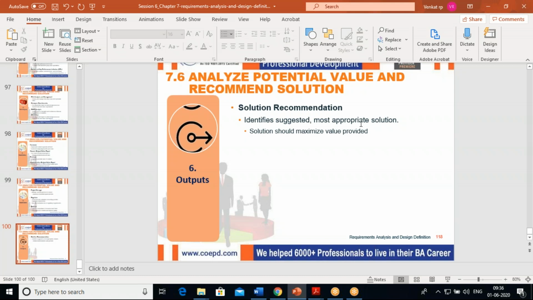This is what we are to do with requirements analysis and design definition. Fine, got it? Clear on this? So I want you to go through this once, understand to what extent we have covered, and based on it,